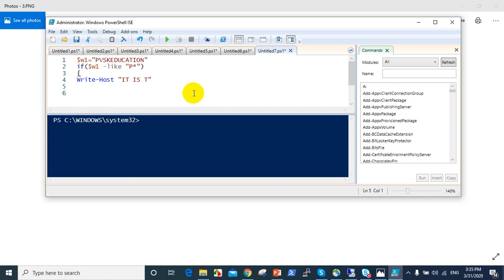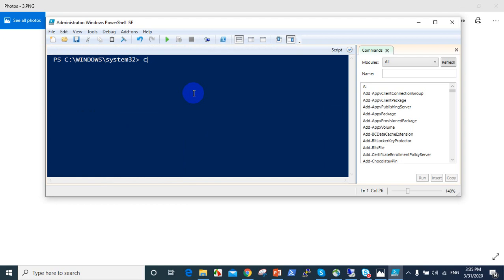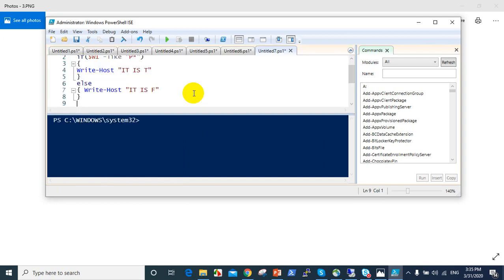Then else, otherwise, when write hyphen host, it is false, so then like this. So Control CLS clears the screen, then Control F5 shows like this, it is true because it starts with